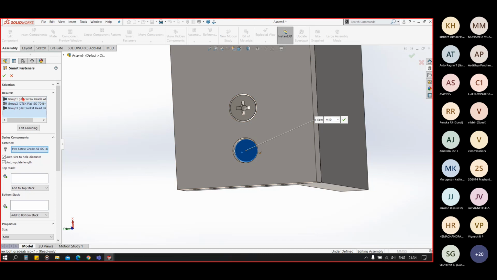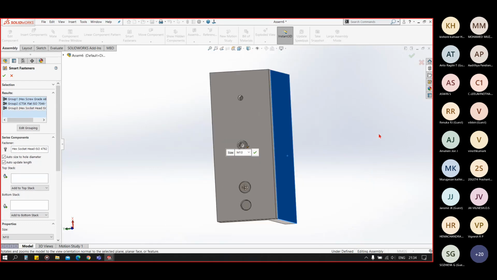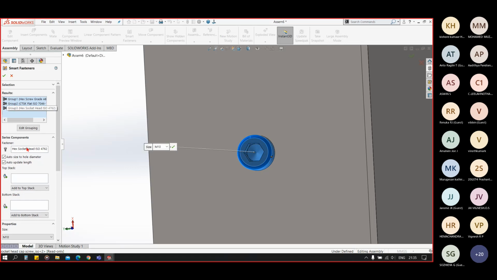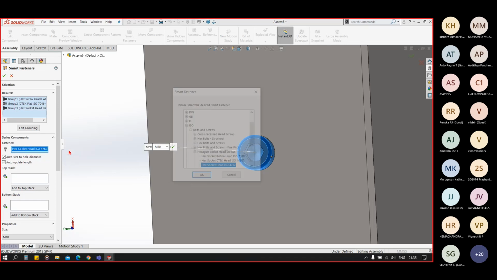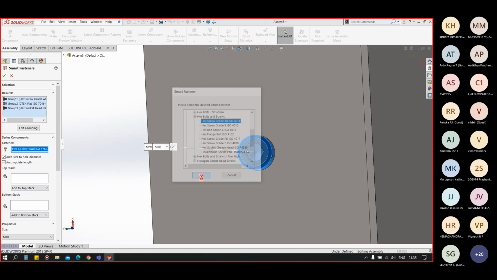But in this case, group 1 was selected. Let me select group 3. Now let's say I have group 3 selected, and I want to change the type, and I have selected screw grade AB.